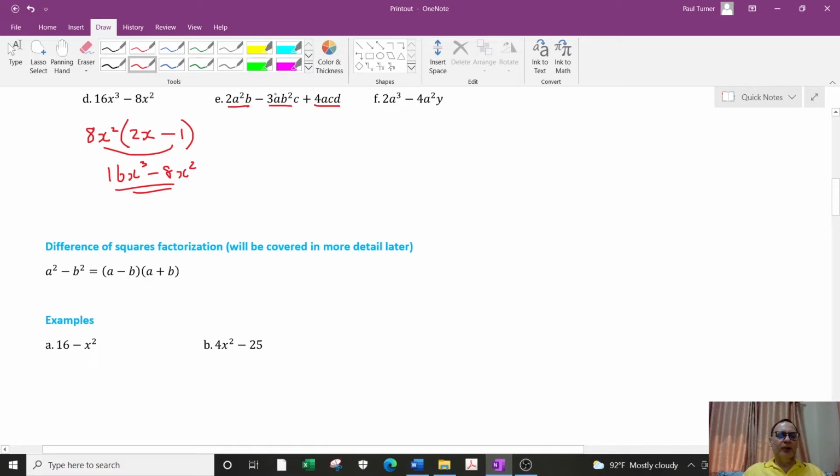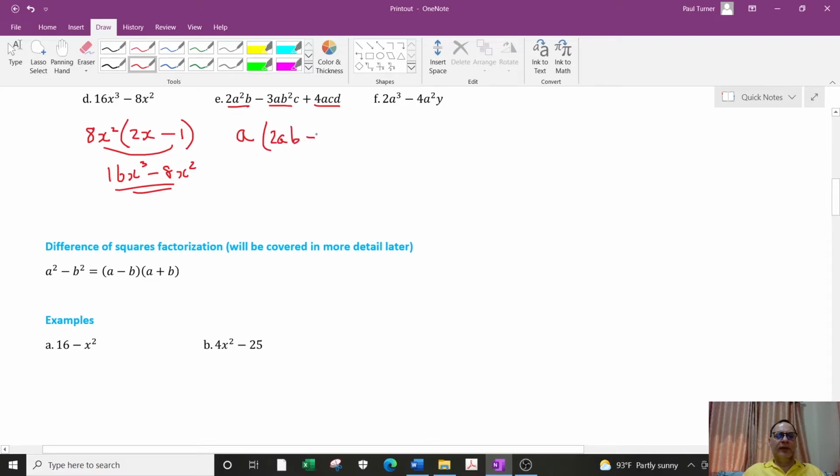2 is not common because we have a 3 here. We have a squared, a. So let's take out a. We have b here and here, but not here. So b is not common. And there is no c here. And there is no d in these two. So a is the only common factor. So I'd be left with 2ab